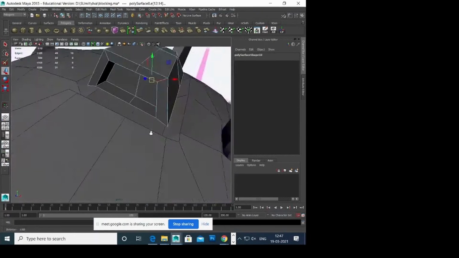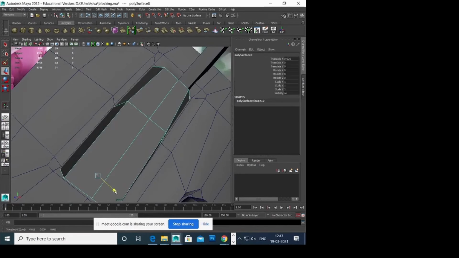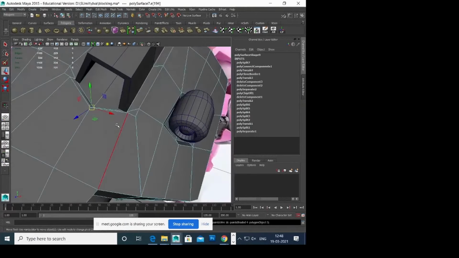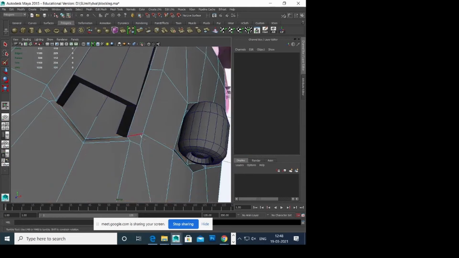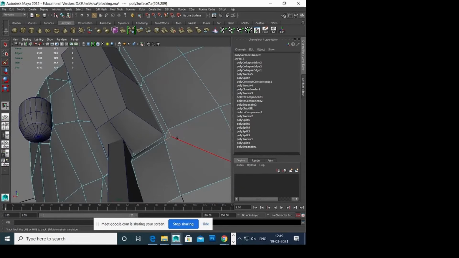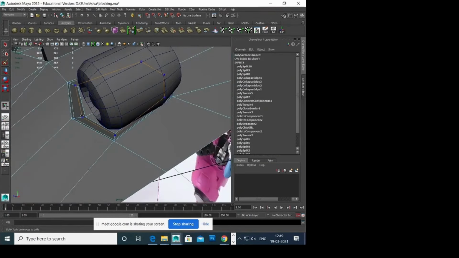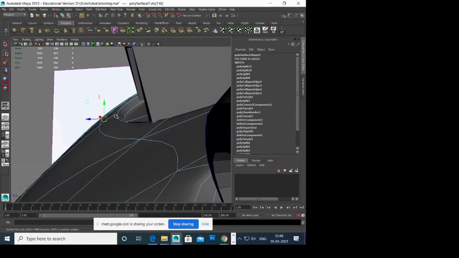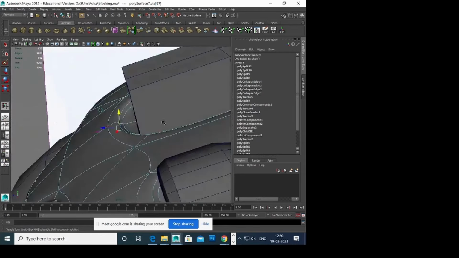After separating this, I can see there are a couple of extra unwanted loops. I'll remove those and create that depression, and press 3 to check if it's working or not. This depression is a little smooth, so I'm trying to make it smooth.